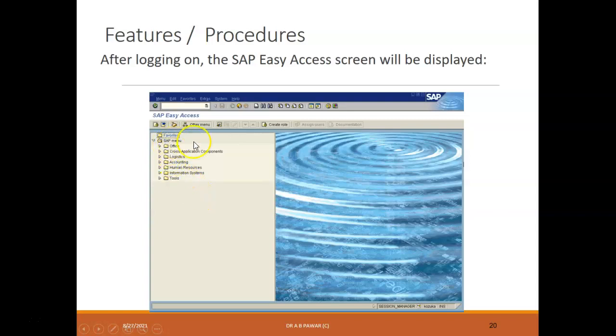The options I just want to show you are, after this, your menu bar and toolbar. This is your display information field and these are the application details available here. Then here you may find favorites, SAP menu, and inside the SAP menu so many sub options are there, and as a SAP consultant you are going to work across those options. Getting my point? You are going to work across all these options as per your requirement.